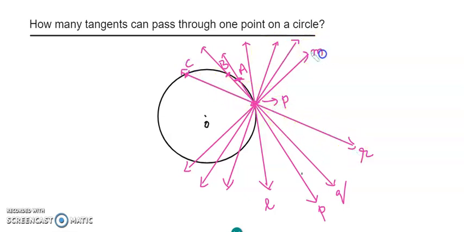Same way, let us label this as M, N, and R. So the points on R will be P and, let's say, C. For line N, the points will be P and, let's say, D, correct? Then the points on M will be again P and, let's say, E. So if you see here, only line L is the one which is touching the circle at one point, whereas all the other lines are touching the circle at 2 points. So what does it show? That a circle can have only one tangent passing through one point. So there is exactly only one tangent.